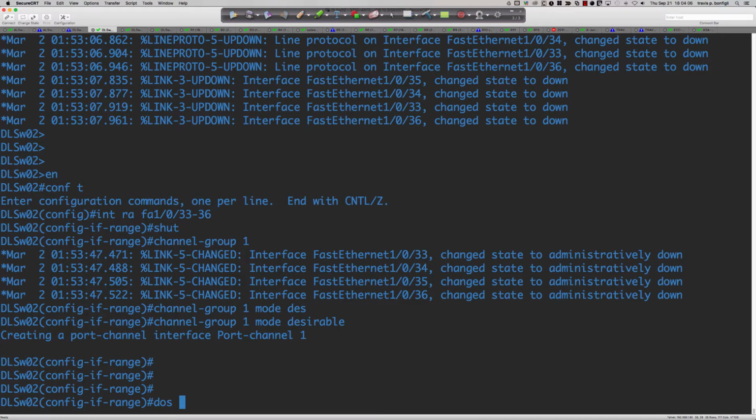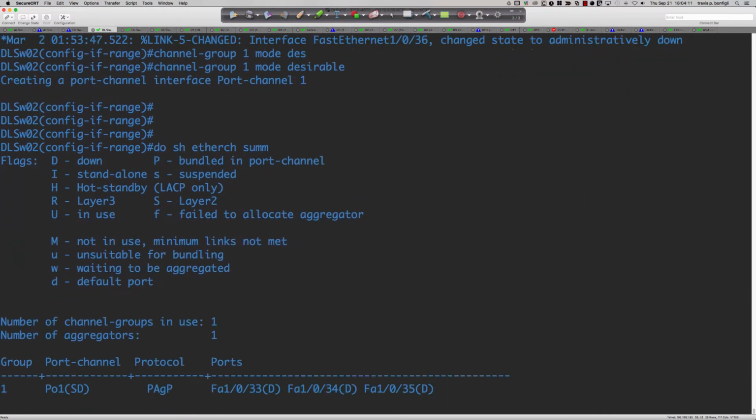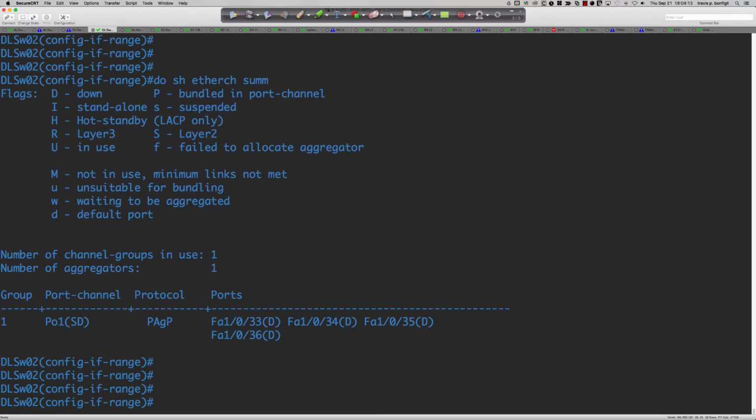So do show etherchannel summary. It shows me the 4 ports that are my member ports, and we have a capital D. And again, that capital D means that that link in the etherchannel group is down. Again, over here we see SD, S standing for switchport, R standing for routed port,